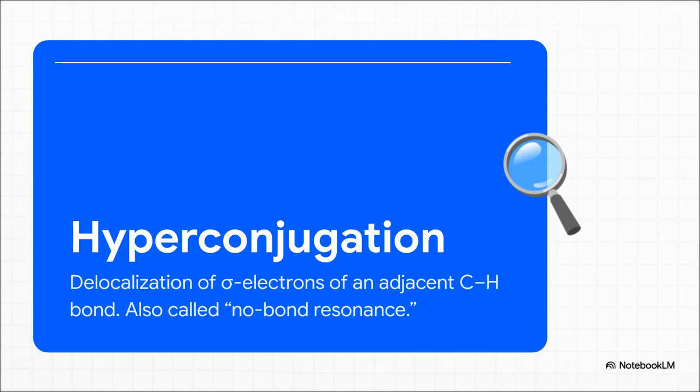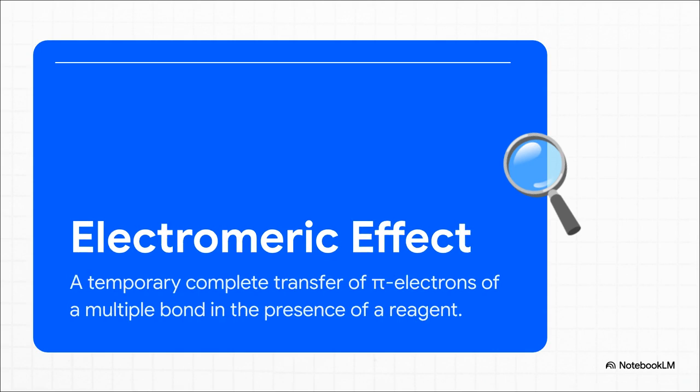And on a similar note, you have hyperconjugation. You can kind of think of it as a more subtle cousin of resonance. It's another different type of electron sharing that acts like, well, like an extra dab of glue. It gives the molecule this little extra boost in stability that, trust me, can sometimes make all the difference in a reaction.